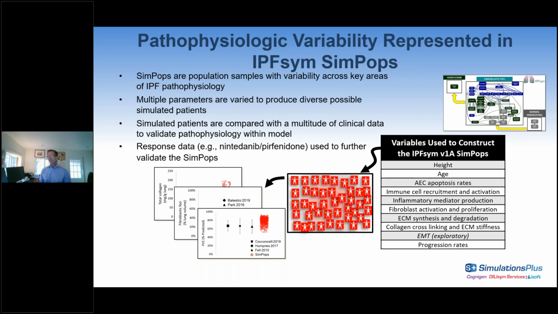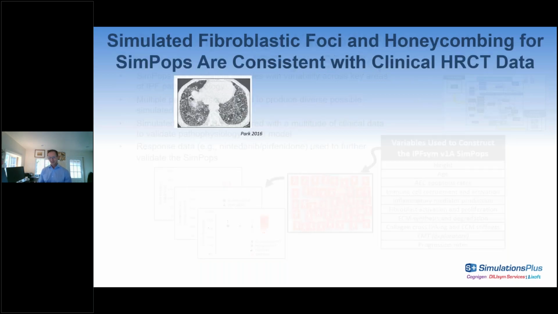So to summarize, we walked through our understanding of the disease, the range of the pathophysiology, and how the combinatorics of each of those ranges and each of those pathophysiologic elements generate a wide array, a simulated population of simulated patients, that allows us to predict a wide response. The next two slides, I'll show you a little bit of the validation because I think this is really critical.